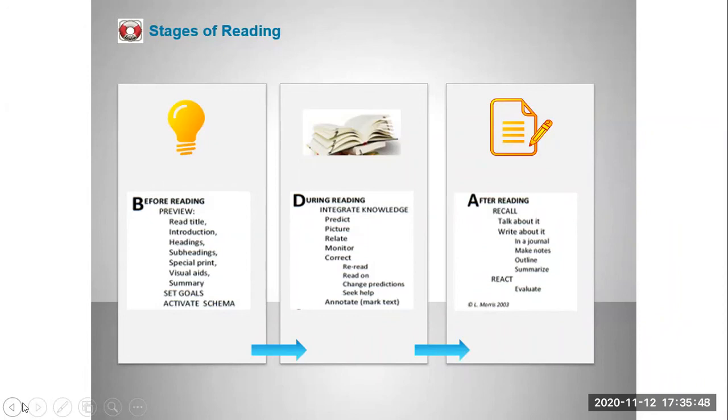Sometimes you have to write about it in a journal or take notes, or you've listened to something and you're like, okay, I'm not going to remember all of it per se, but let me summarize the steps in my own words. That way I understand. And the biggest strategy on how you know if you understand it or not is if you can explain it to somebody who has not read the chapter, say a friend or a family member,